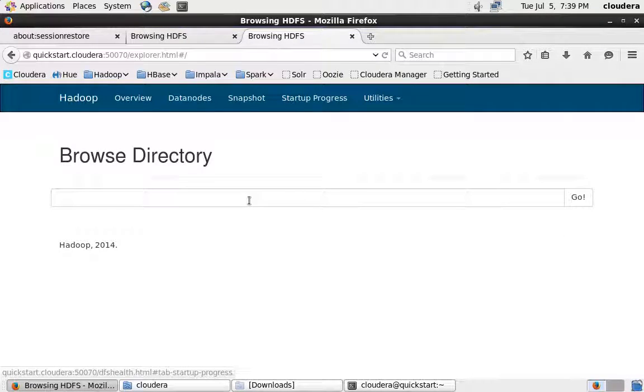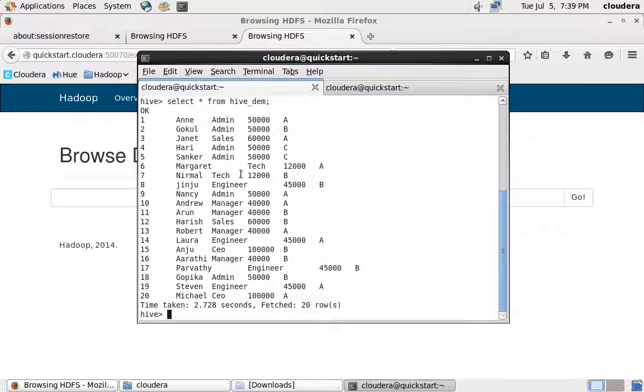Yeah. So you can see here the browse file system, and by default, if you have not specified, like, even when you are creating the Hive table, you have one more option where you can specify the path of the table. Create a table name, then give row format delimited, fields terminated by. We have one more attribute called location, and then you can specify the location. You can override the default location of Hive tables in HDFS.